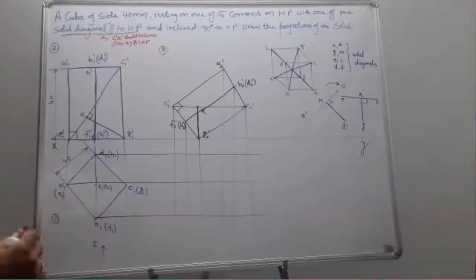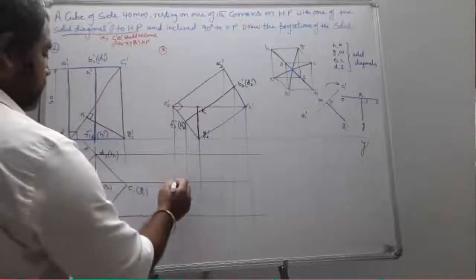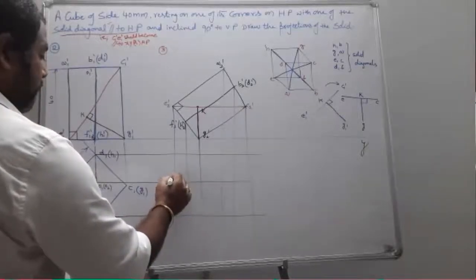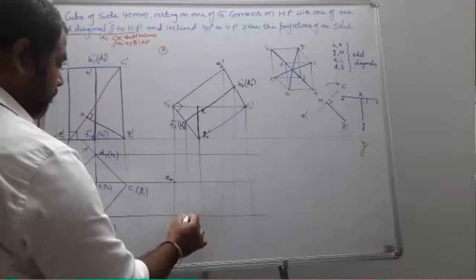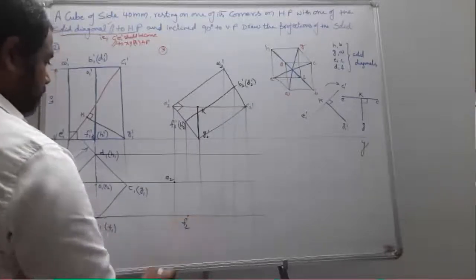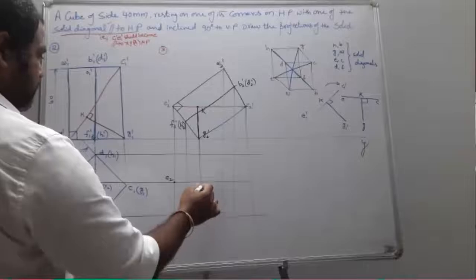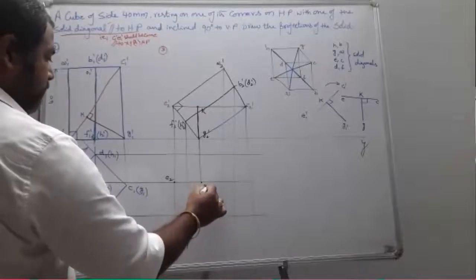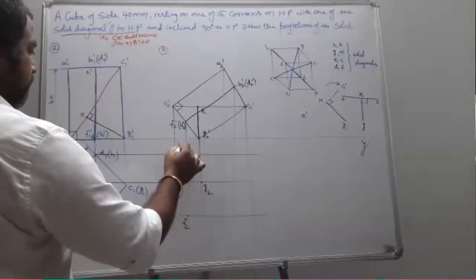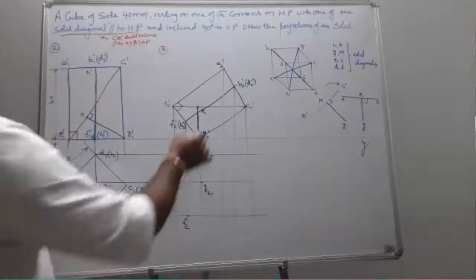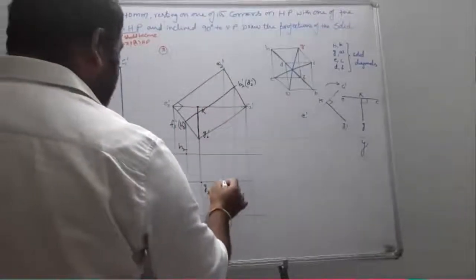Now mark the intersection points. So this becomes E2, F2, G2, H2. Similarly, while coming to here, this becomes